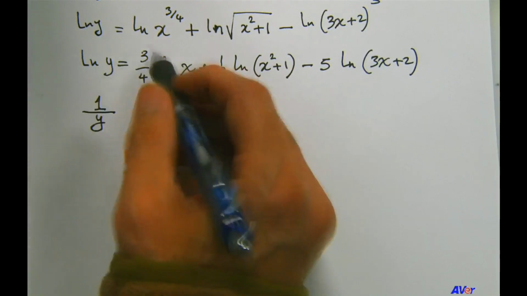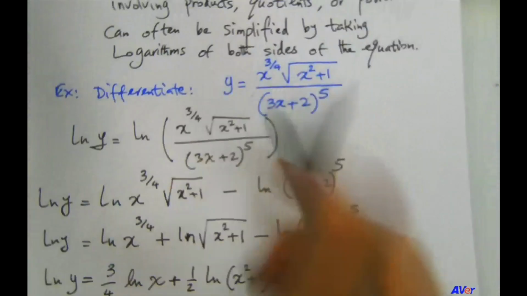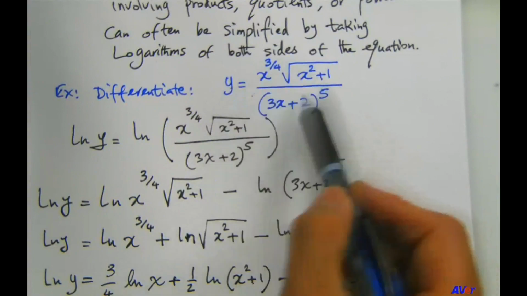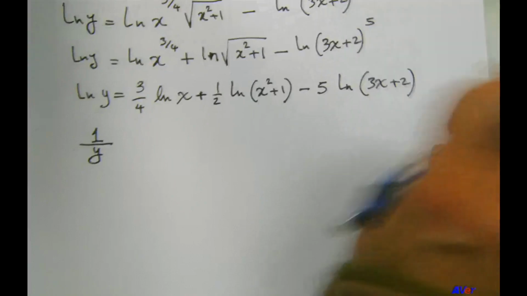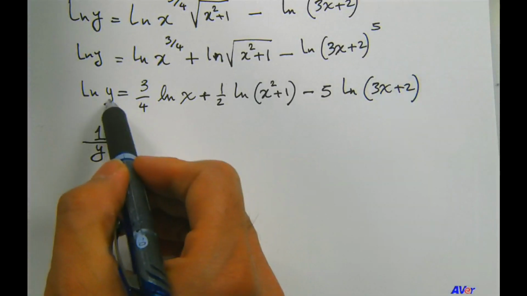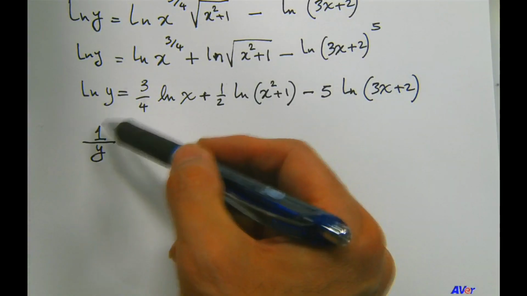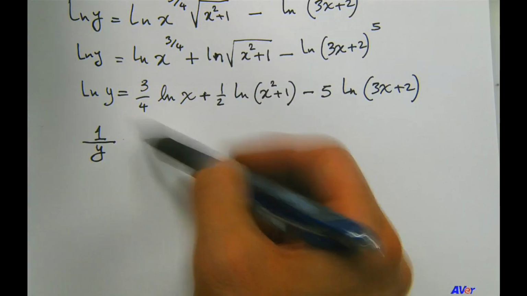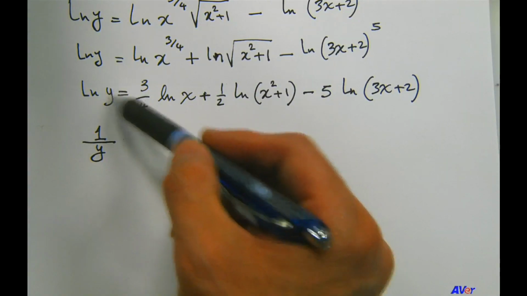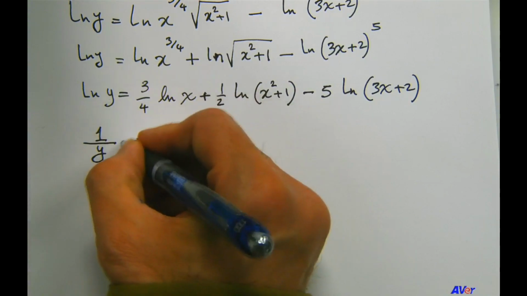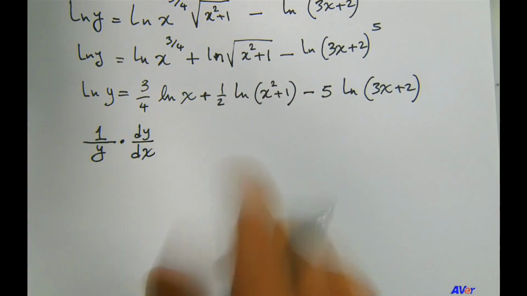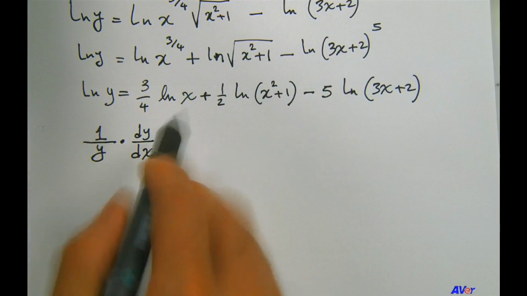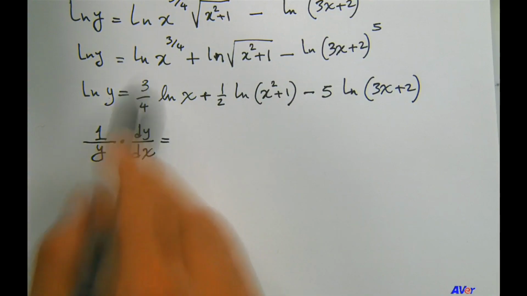and y is this y. This y was a function of x, right? So we have to use the chain rule here. If this was natural log of x, I would stop there. I would say 1 over x equals. But this is not x. This is y, which is a function of x. So we need to apply the chain rule. 1 over y times dy dx on the left equals, so this is 3/4